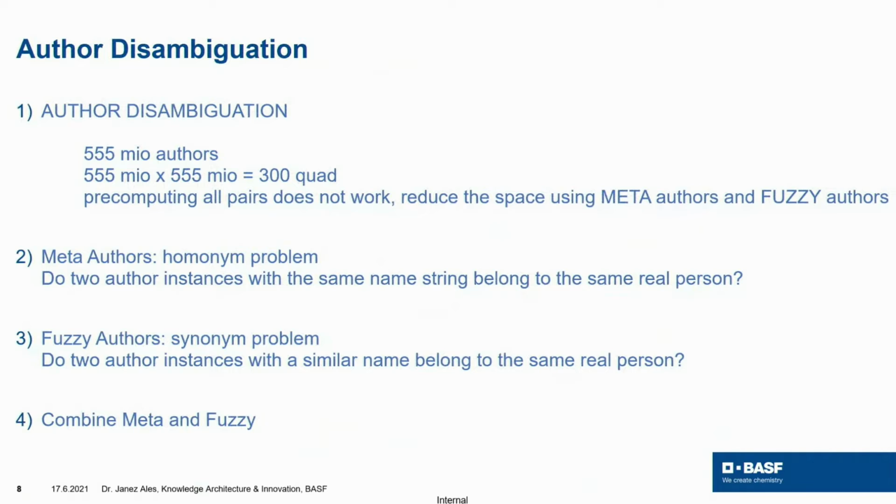As an overview, we have 555 million authors in total. This includes patent authors, journal authors, and report authors. And we want to solve two problems, the homonym problem and the synonym problem. If you want to name them with cute names, the meta authors solve your homonym problem. You need to partition the instances with the same string according to the persons that they actually belong to. And you want to extend that to the synonym problem. Those are the fuzzy authors, the fuzzy matches to the meta author string. So we need to combine these two strategies,